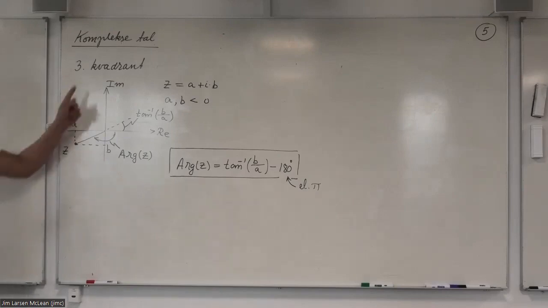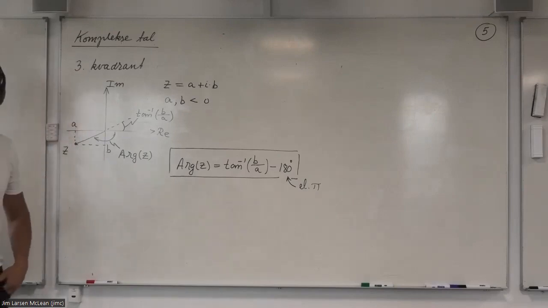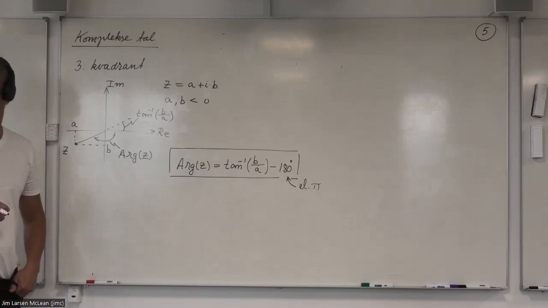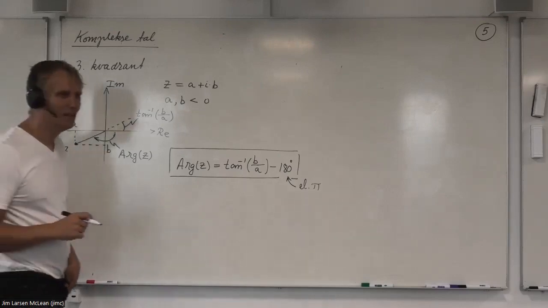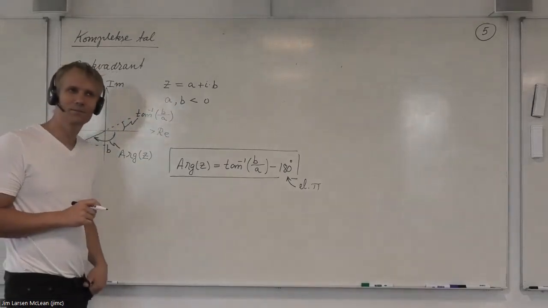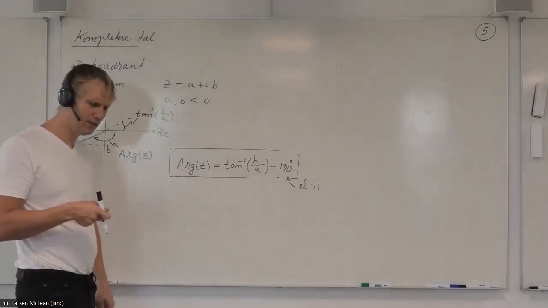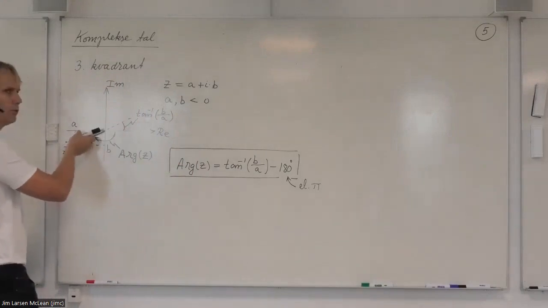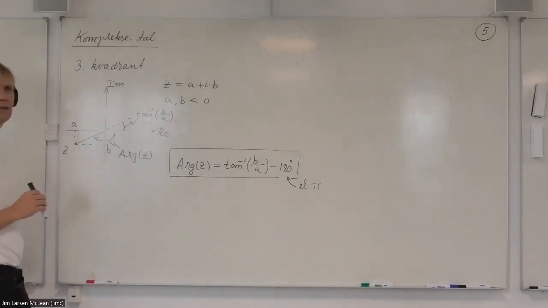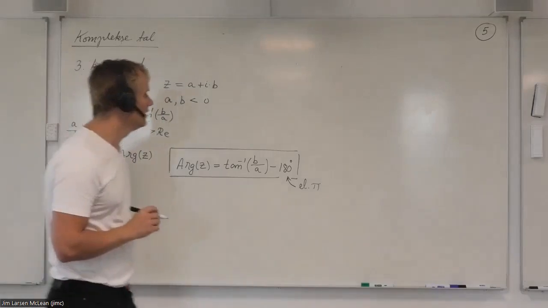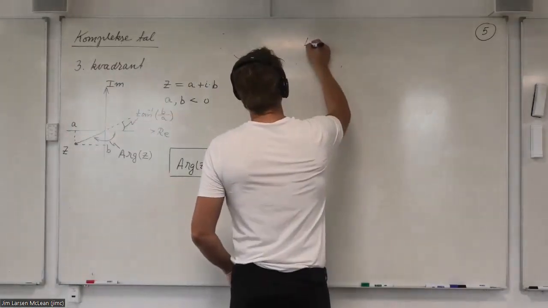Let's take the last case, the one where we're in the fourth quadrant, and then we've been through everything. We've thought it all through. But I recommend always thinking it through. I recommend not just diving into the formula, but drawing it out and seeing what it really looks like. That the angle here is minus 152 degrees. Yeah, that looks about right. So in the fourth quadrant,